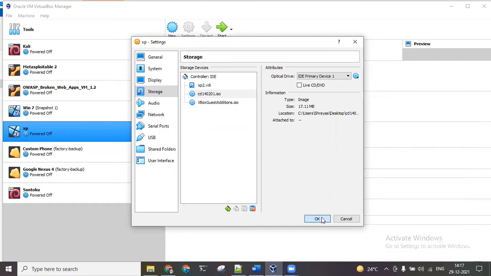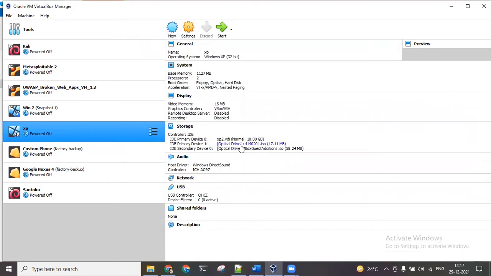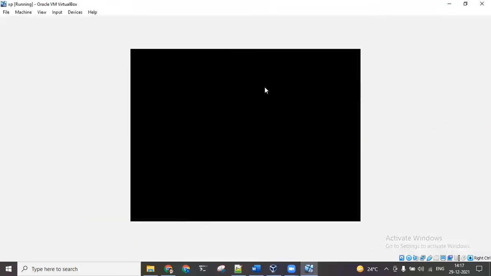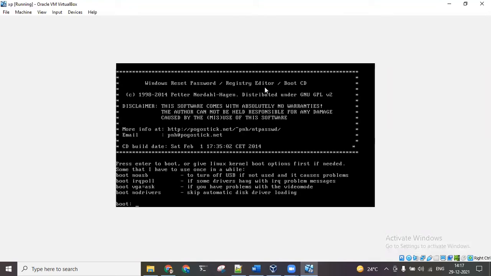In normal laptops, we can directly plug in the bootable CD and we can just press F12 and boot directly from this particular new ISO file. The moment I start the VirtualBox VM from here, I have to press F12. Just press F12. Now it's asking me from where I need to boot. So I need to boot now from the CD-ROM, because this is a bootable CD.